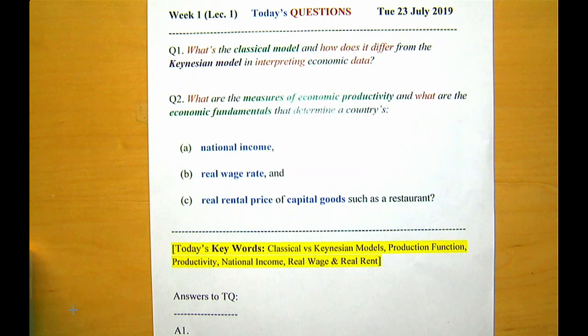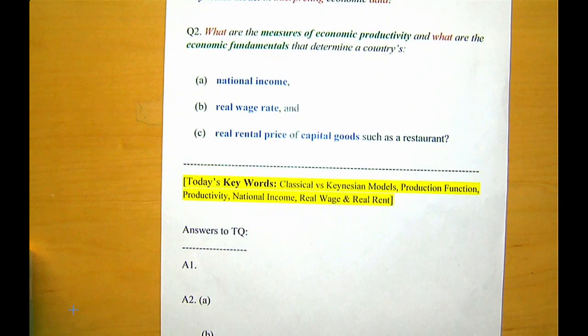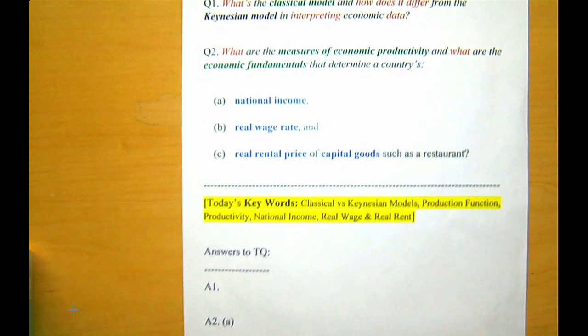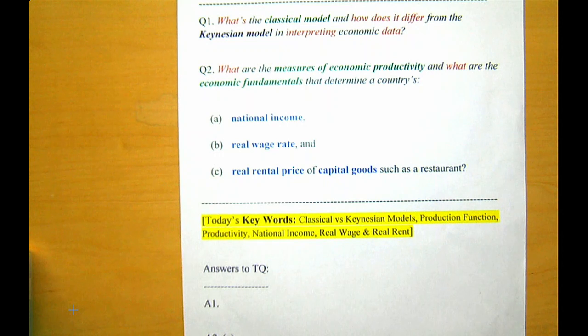I am going to add one more layer to that, and then we finish answering that question. So the answer is done here. If you want to write it down, the answer to question 1 is already done. So the classical model is about supply, the Keynesian model is about demand, and they both help us to interpret data. And the key difference, I said, prices are flexible by assumption, and prices are rigid by assumption. But there's a name for it.